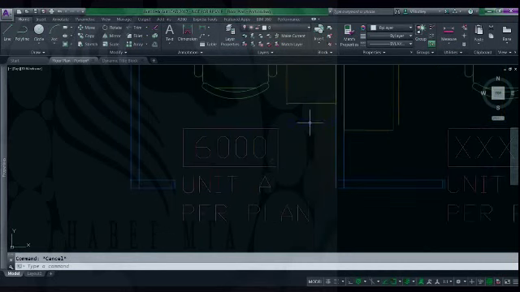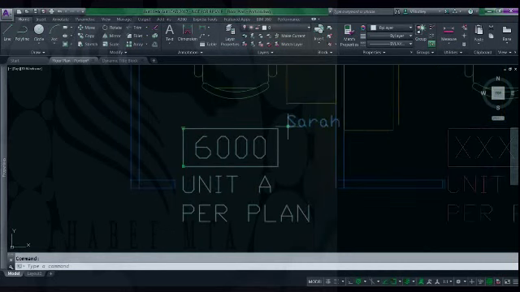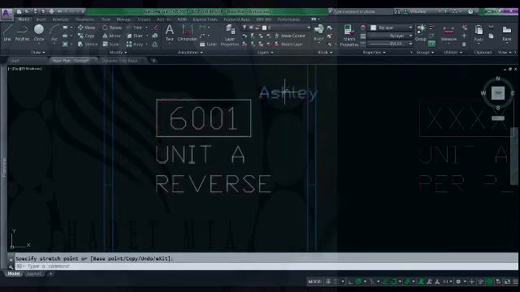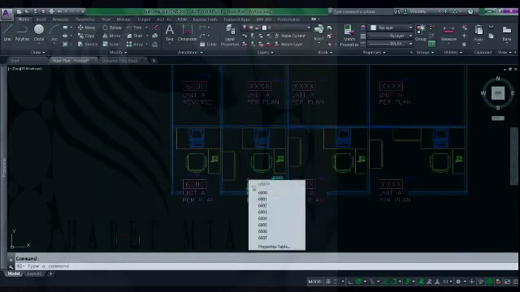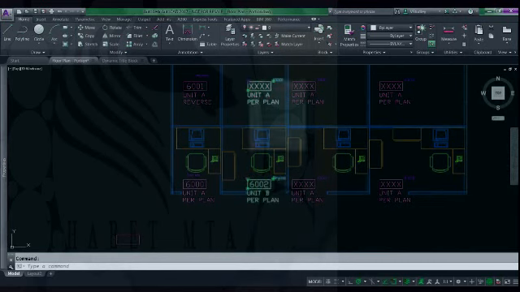And then over here, I'm not crazy about Sarah's name here overlapping the wall. I can move this attribute independently. So maybe I want it to appear up here. Maybe I can pull Ashley's in over here. And the same thing goes for all of these. You can just populate them really quickly, 6002, and then 3, and 4,